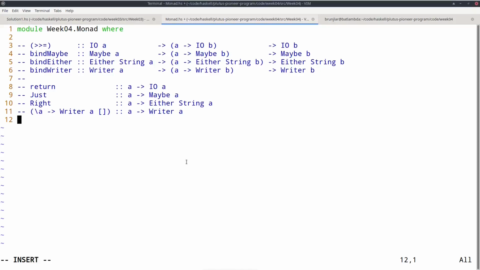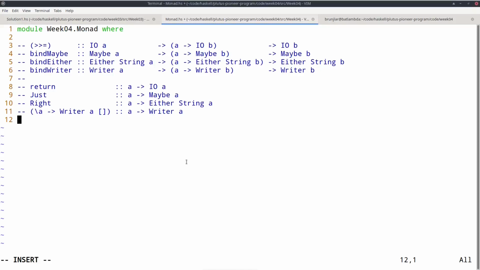In the case of Maybe, we have the Just constructor. So given an A, Just A is of type Maybe A, and it doesn't fail because it's not Nothing. So it doesn't make use of this special possibility to fail. Same for the Either case if we use the Right constructor. Either String represents computations that can fail with a string error message, and if we use the Right constructor, we have such a computation, but it doesn't fail. No error message, it has an A result.